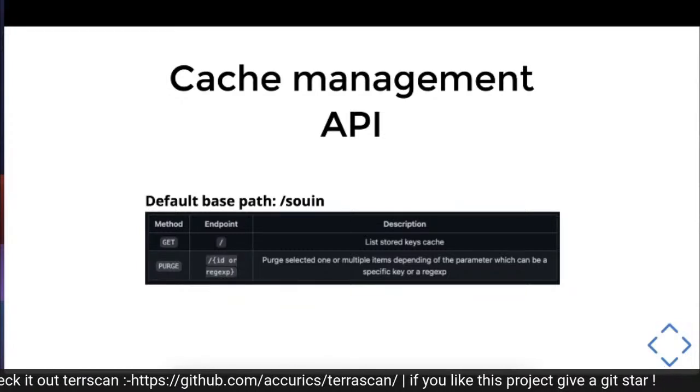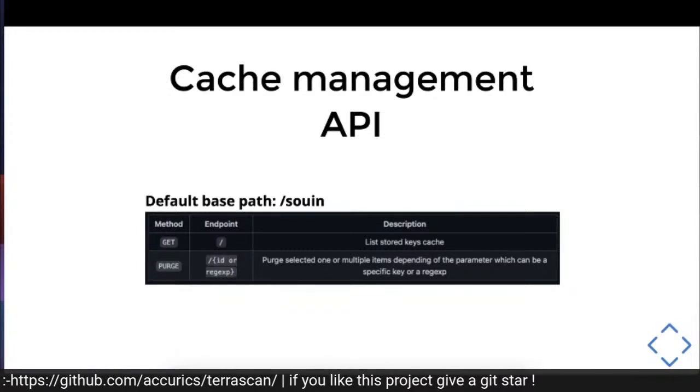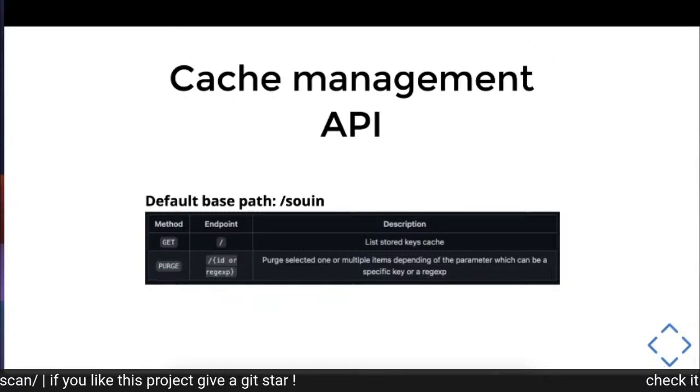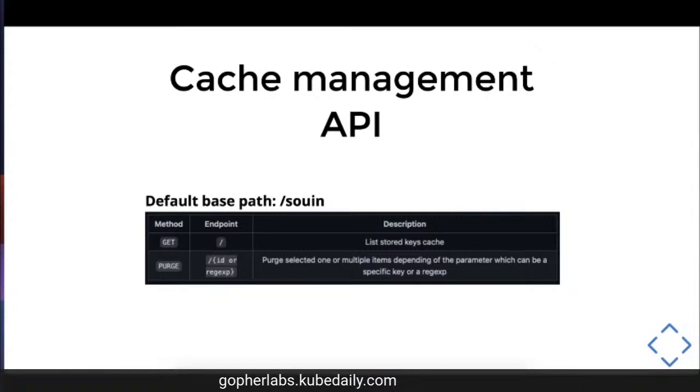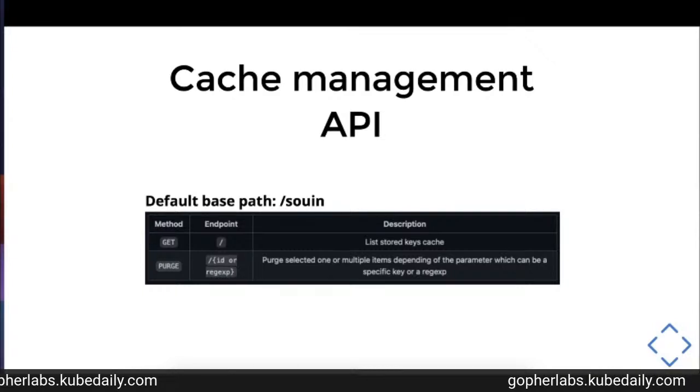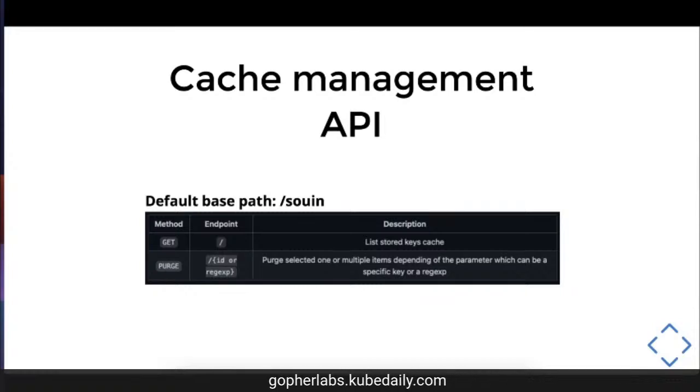So you've got many ways to invalidate the cache, and by default it is placed under the Swan path. So if you leave the base configuration, the Swan API will be under /swan-api/swan, and that's it.